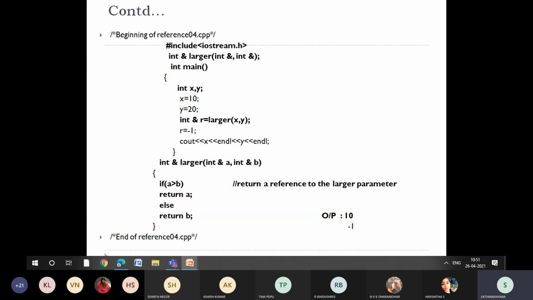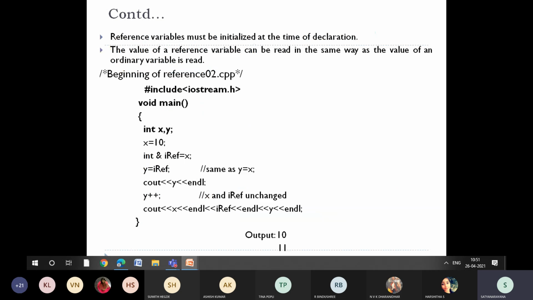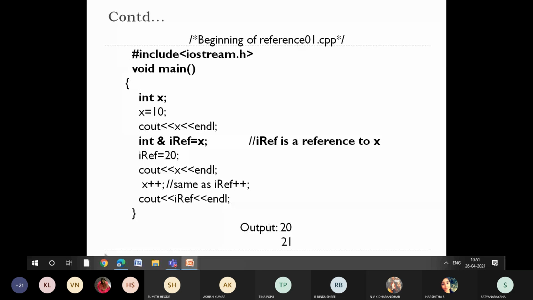Right, so let me just go. Ashish is asking about the first program. If I'm not wrong, this one, Ashish. I'll share this material, don't worry. You can practice these programs at home for exam purposes, because that is also very important.